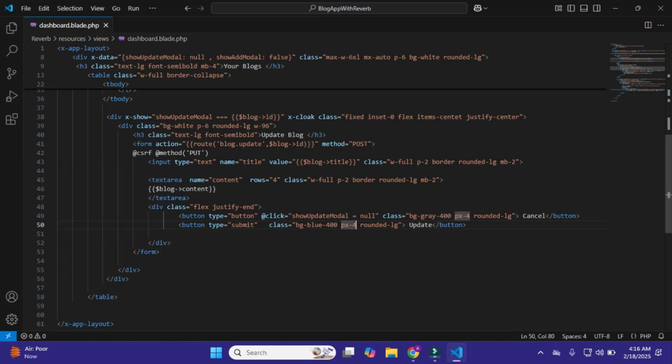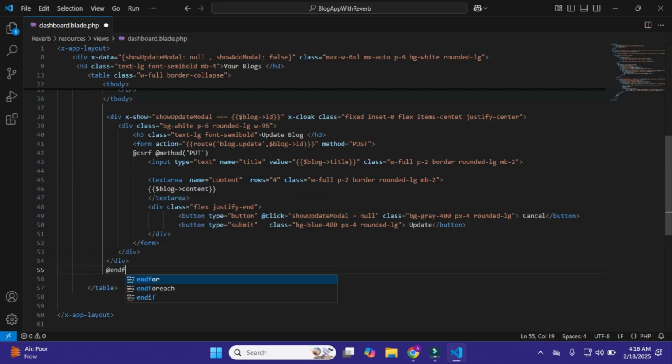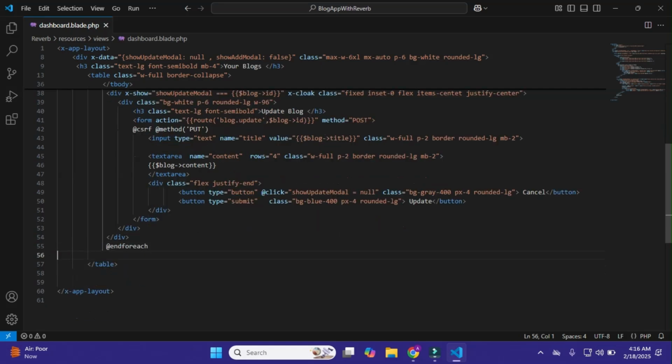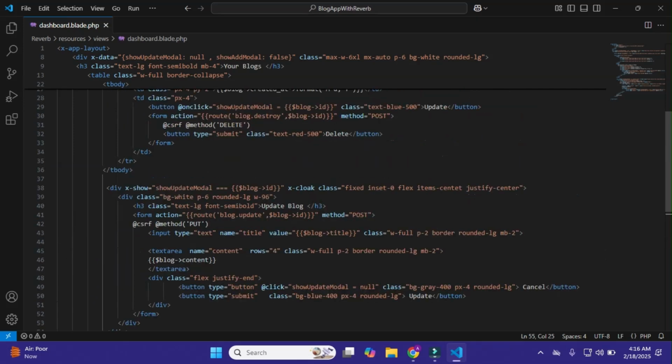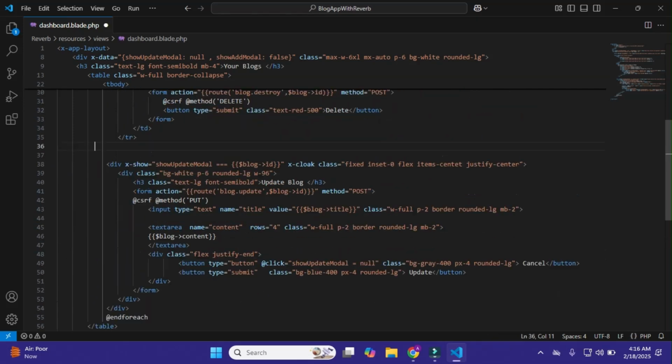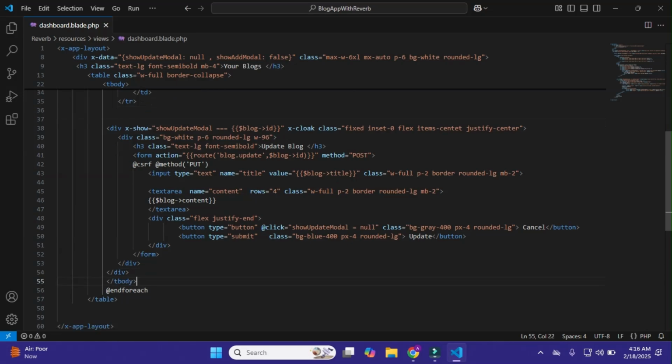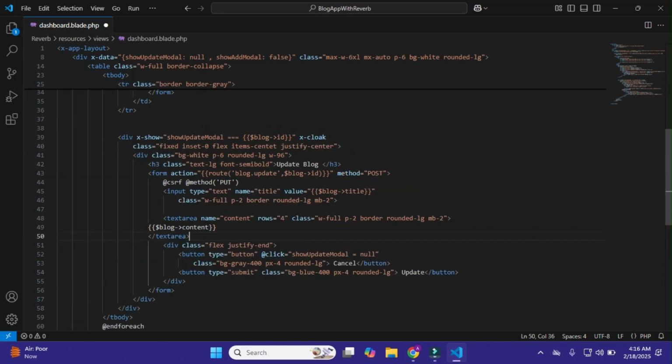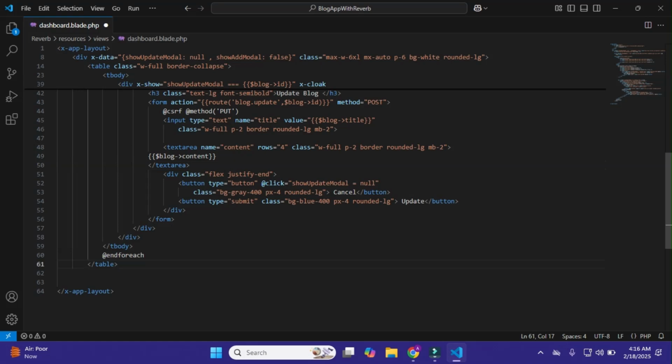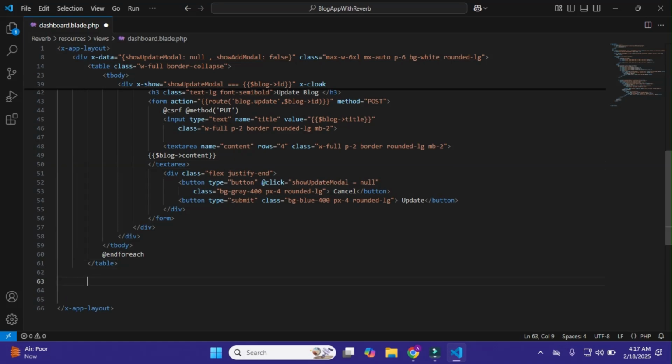Okay, so we simply do this, and now after it I'll remove this foreach and the table. We also cut it and paste it here. After it I'll define the add block model.